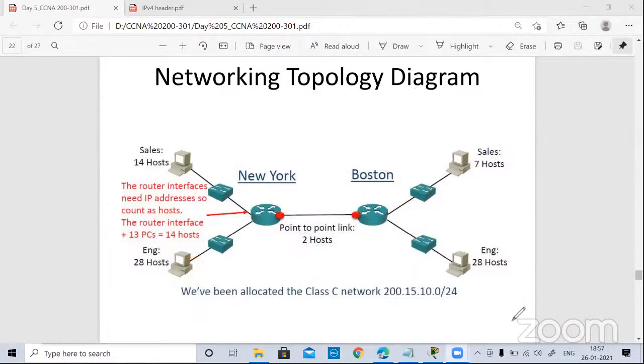So now moving on to the new topic, what we are going to do is learn about the IPv4 header. So far we understood everything related to IP addressing: that it is 32-bit, it lies in the network layer, and it is helpful for identifying the routing, or whenever a router gets a packet, it helps to check which path it has to forward the packet.